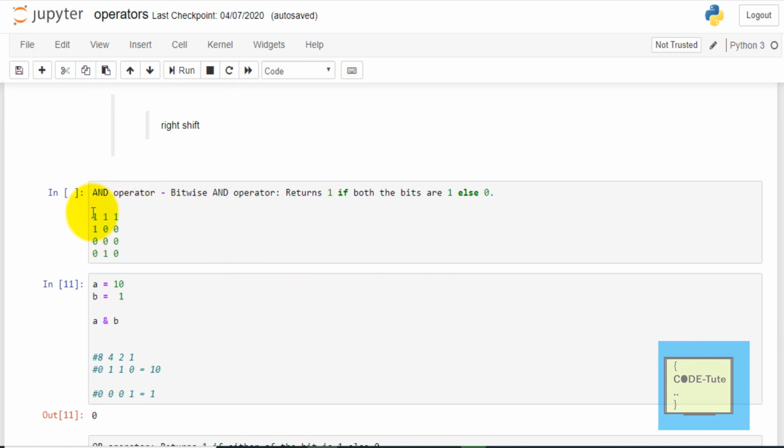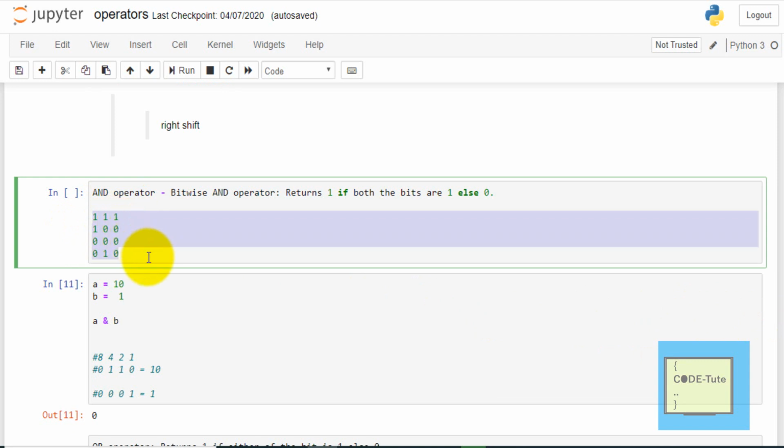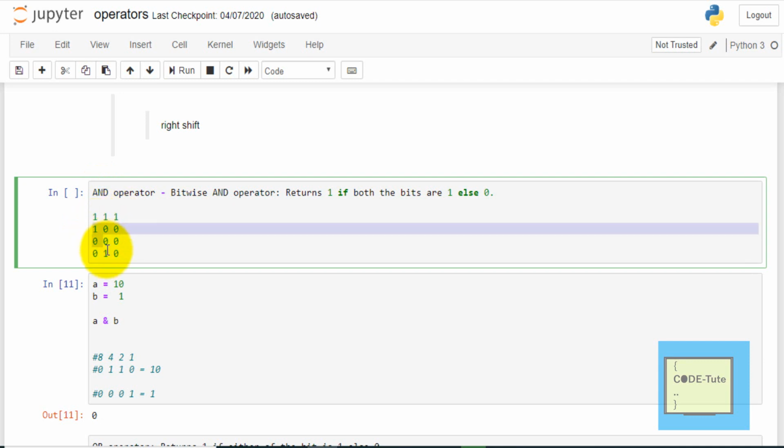The truth table is used to take decision about compound statement. I have already explained what is AND operator in my previous video, I'll explain again here. So here 1 indicates true and 0 indicates false. For AND operator, only when both the values are true, the output is true. If any one of the values is false, the output is false. So this is the peculiarity of the AND truth table.